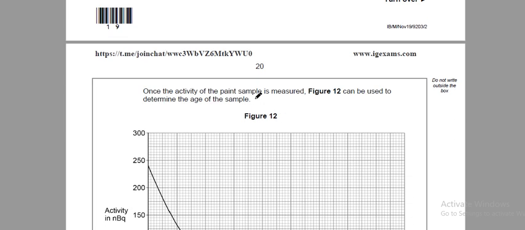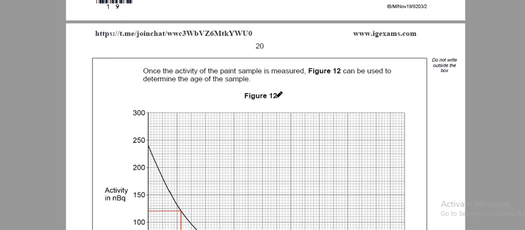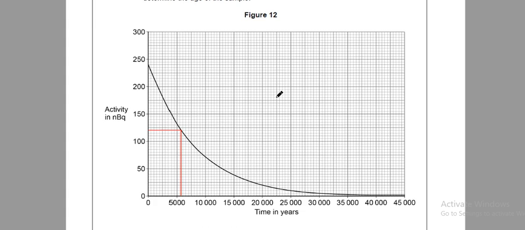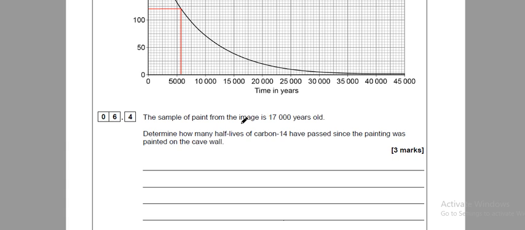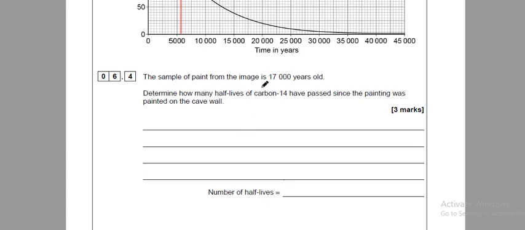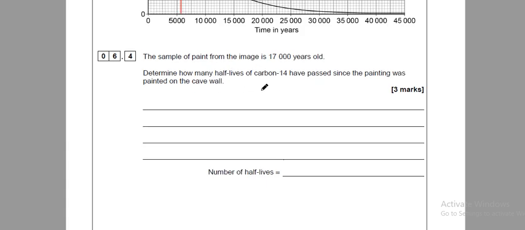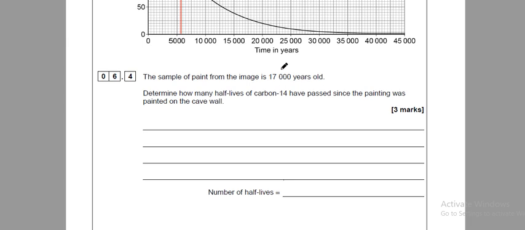Once the activity of the paint sample is measured, figure 12 can be used to determine the age of the sample. The sample of paint from the image is 17,000 years old. Determine how many half-lives of carbon-14 have passed since the painting was painted on the cave wall. So as the age is 17,000